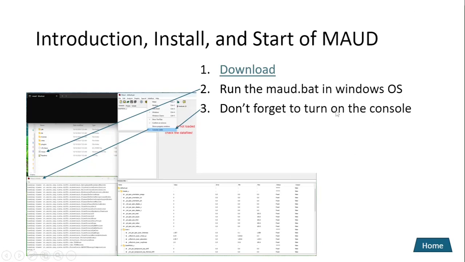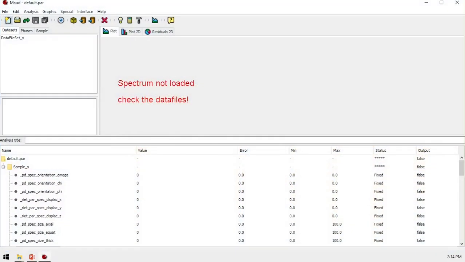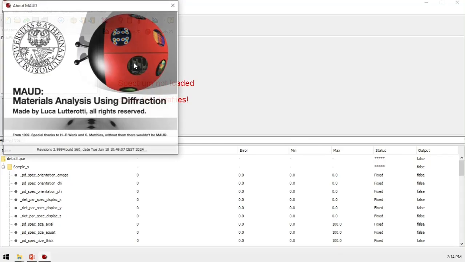Okay, to do it, I will start Maud with this one. You will not see the console, and for the information, I use Maud version 2.994.